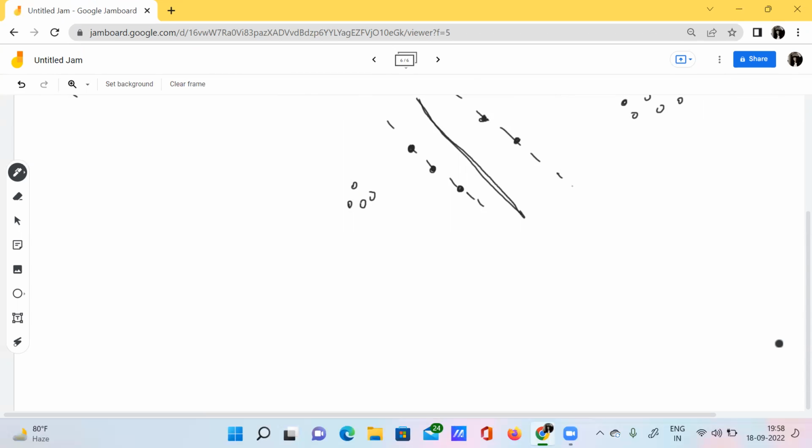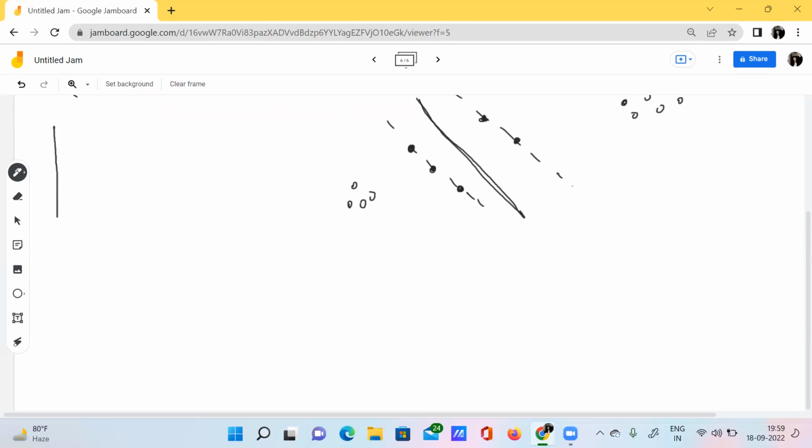And I'll explain with the help of an example what happens when C is increased and what happens when C is decreased. After explaining them, I'll end the session. Why? Because it's already a bit lengthy, so I want to end this session as soon as possible. So I'll just explain the example here.